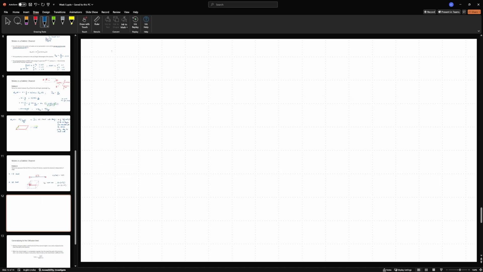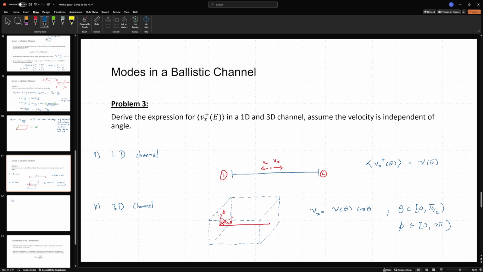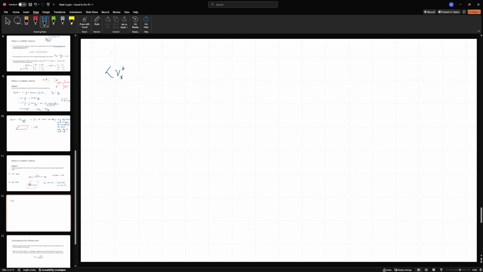wherein average Vx plus, so I should write this as Vx plus of E is going to be integral V of E cos theta sin theta d theta d phi. So this is the volume element in the spherical polar coordinates, where of course this will be a double integral with one limit going from 0 to pi by 2 and the other going from 0 to 2 pi,